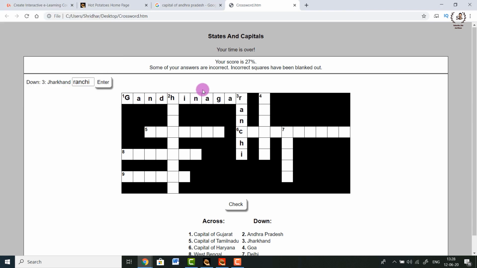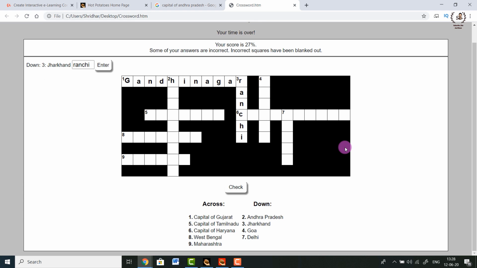Okay, so that's it, how we can create crosswords using this tool, which is called Hot Potatoes. So this is how you could create a gamified kind of environment where the students would be really interested to solve the crosswords and check how much score they have got. So basically they would be treating it as a game where after each correct answer, they would be crossing over a milestone, crossing over a checkpoint, and score better results.